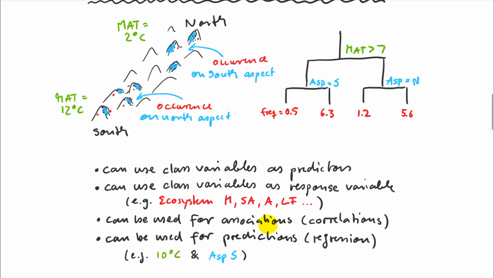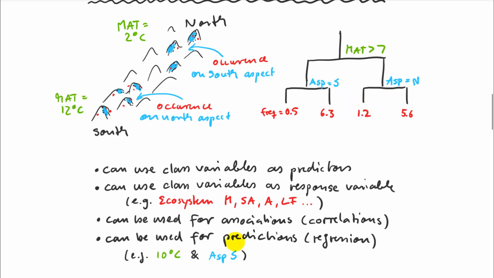And so it can be used for both the association. So in this case, we just want to understand how species are associated with environmental variables. So in this case, we figured out what kind of combinations of temperature and aspect are beneficial for species growth or species frequencies. But you could also make